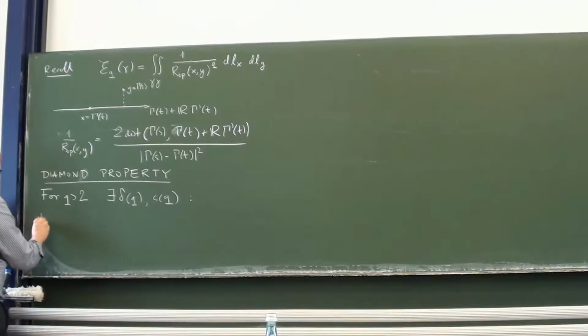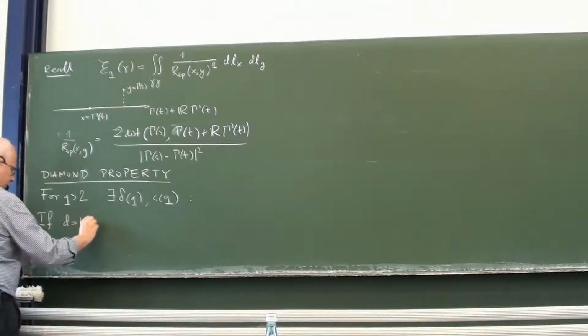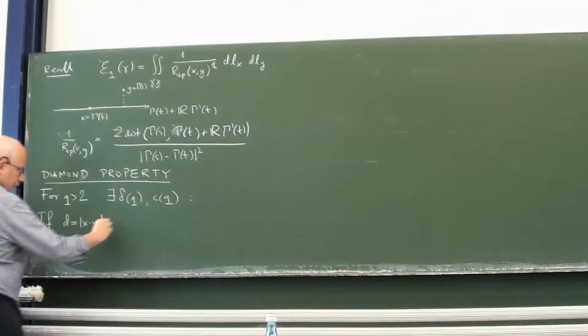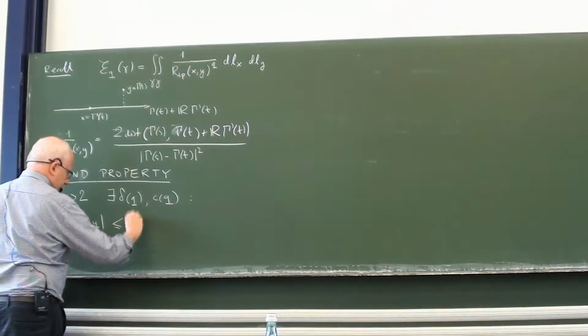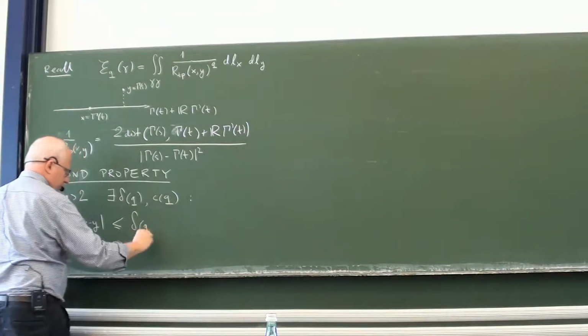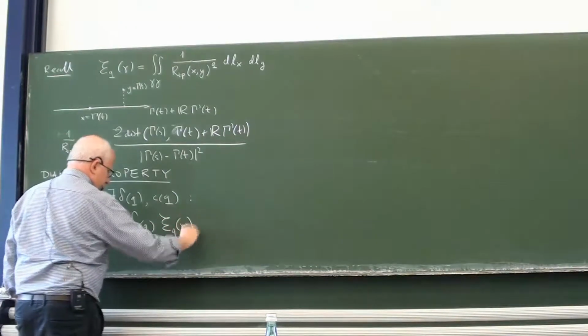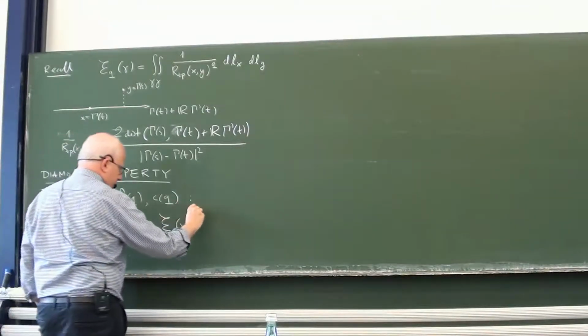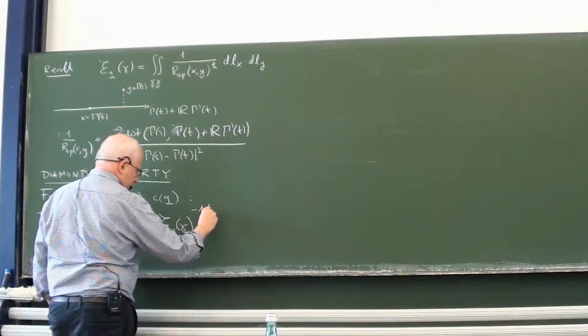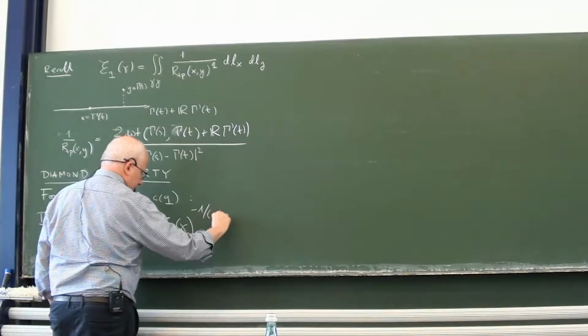If you take the distance of two points on your curve smaller than or equal to this delta of q times the energy of gamma to some negative power, which was 1 minus 1 over q minus 2,